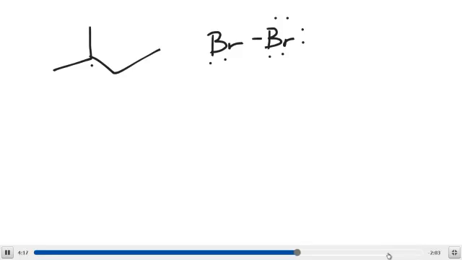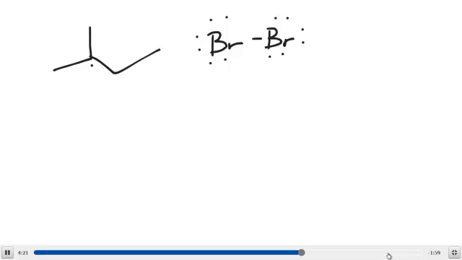Now, this new radical that you've created is not happy either. This carbon only has 7 electrons around it. It needs an octet. Now, I see a number of students do a number of things that are bad. You don't want to go and get the other bromine radical and bring it in at this point, because that would be a termination. You would not be propagating a radical. So what you actually need to do is bring in another molecule of bromine. Make sure it's the molecule of bromine and not the bromine radical,